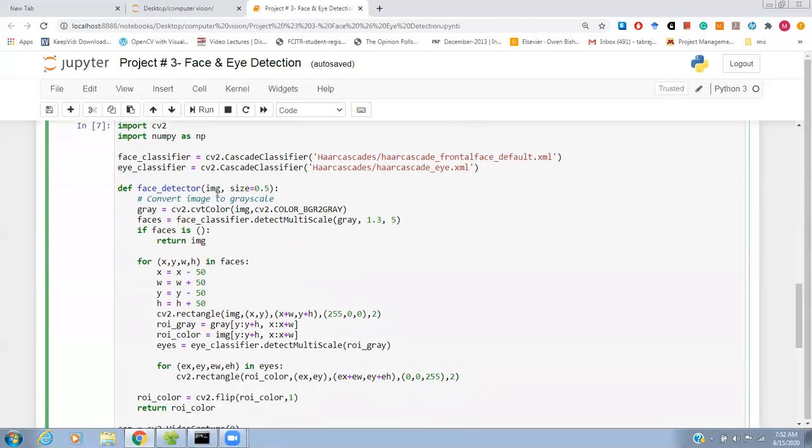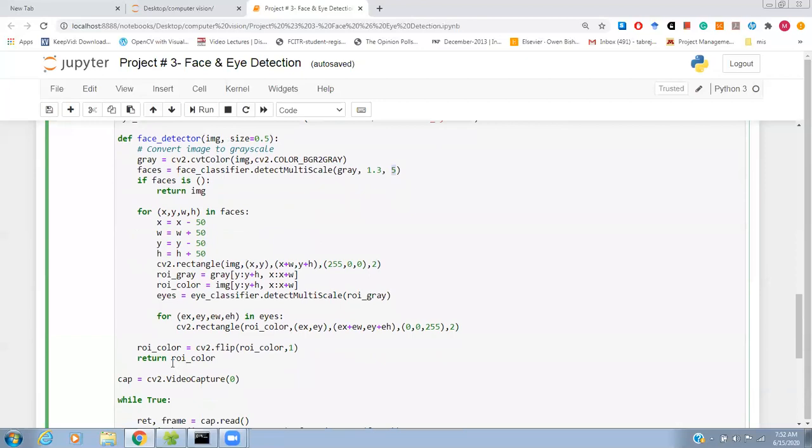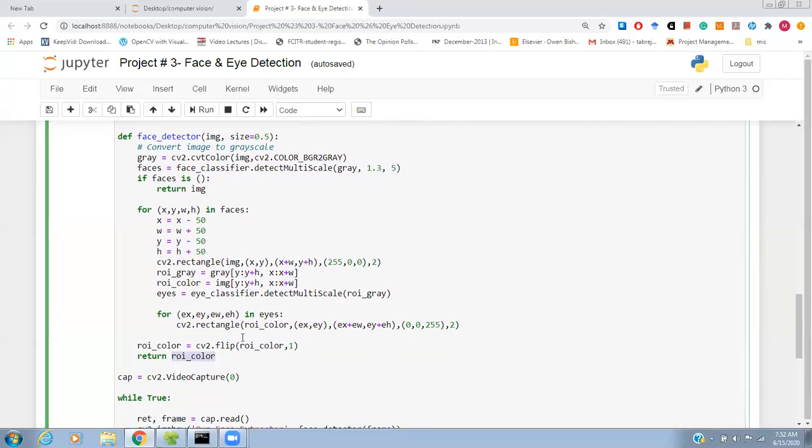We pass the image with some size, then convert it into a grayscale image. We use the same detectMultiScale with minNeighbors, and if a face is there, it makes the rectangle, and finally returns the ROI of the image. It flips that image and returns it.